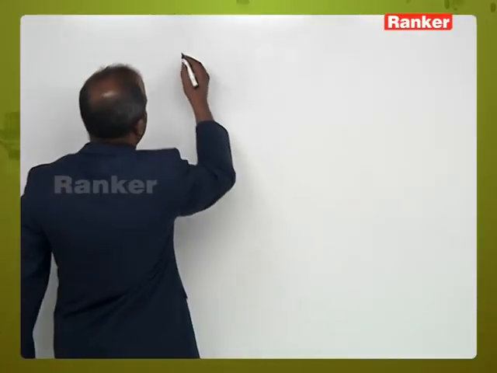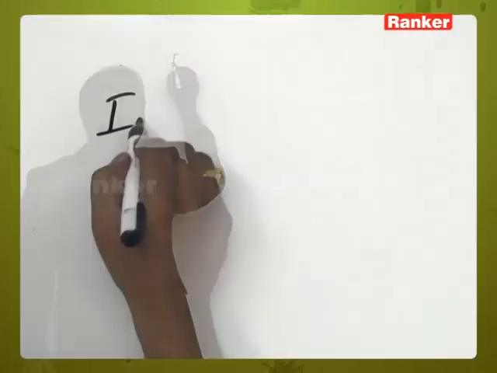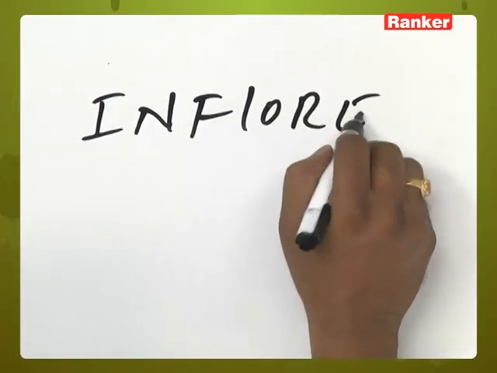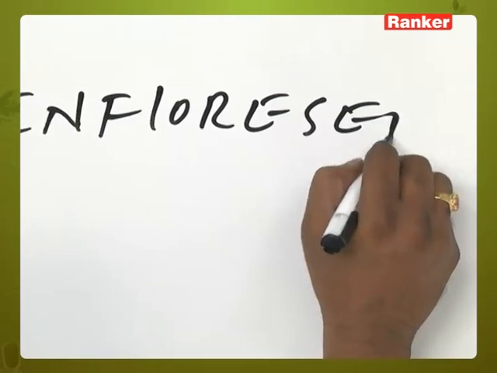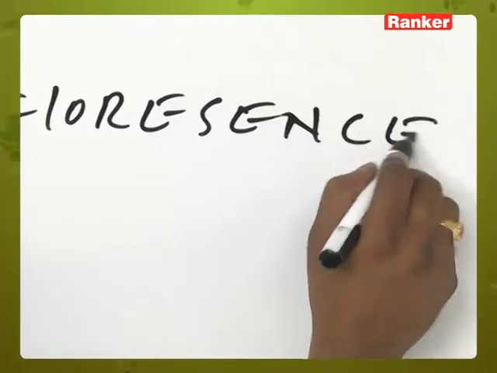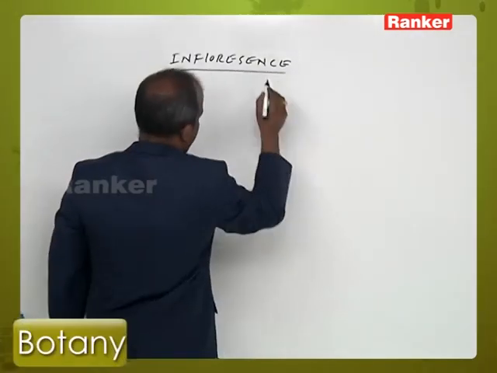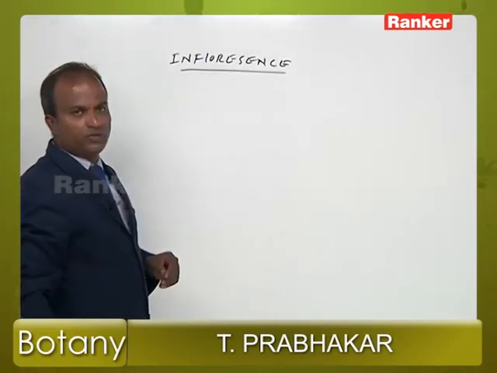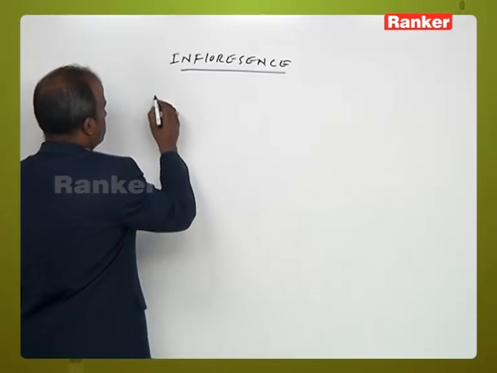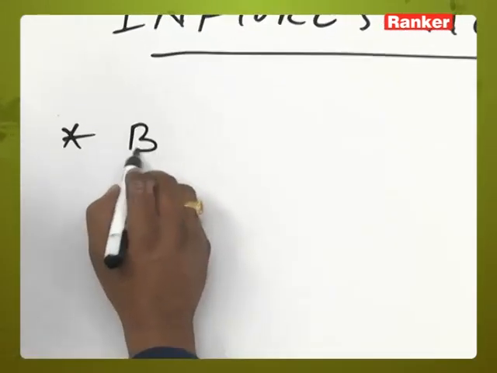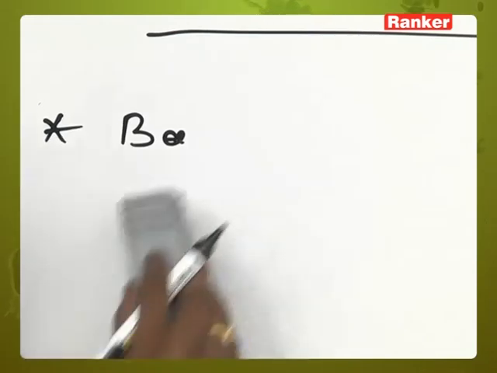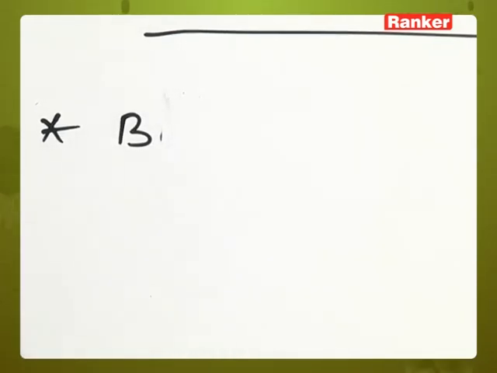Next goes to inflorescence. So what is meant by inflorescence? Now see here, beauty of a flower, what it is called as? Beauty of a flower